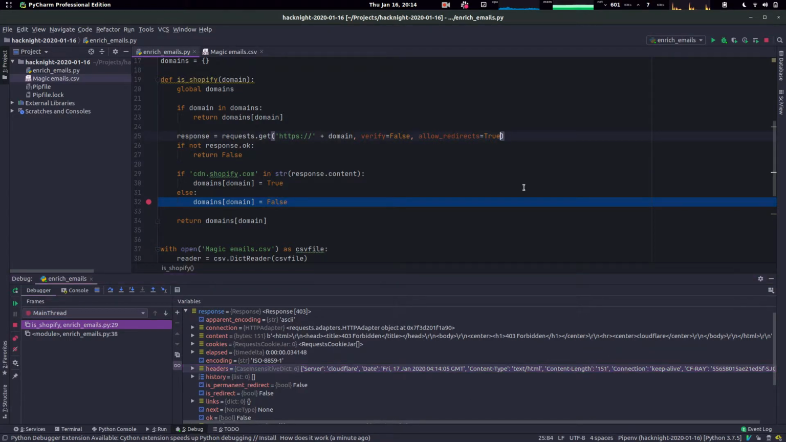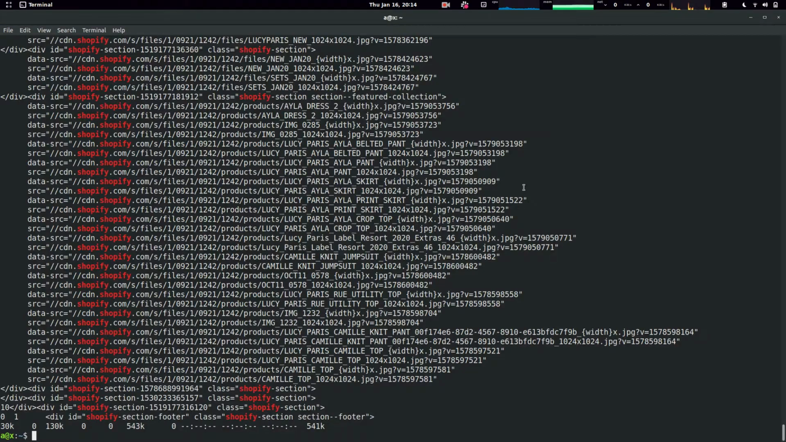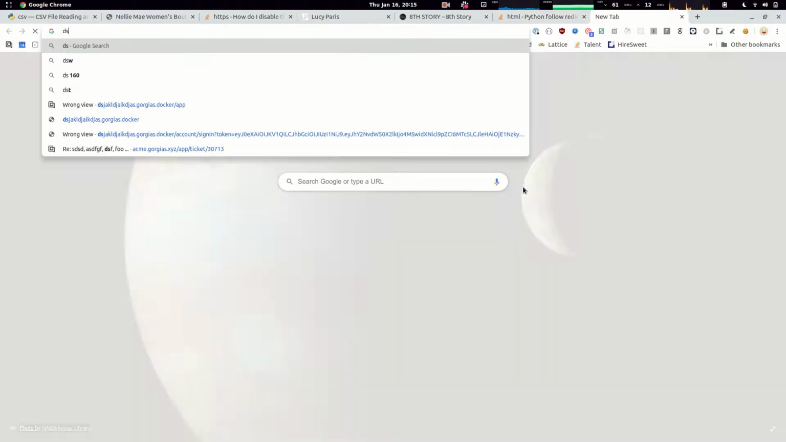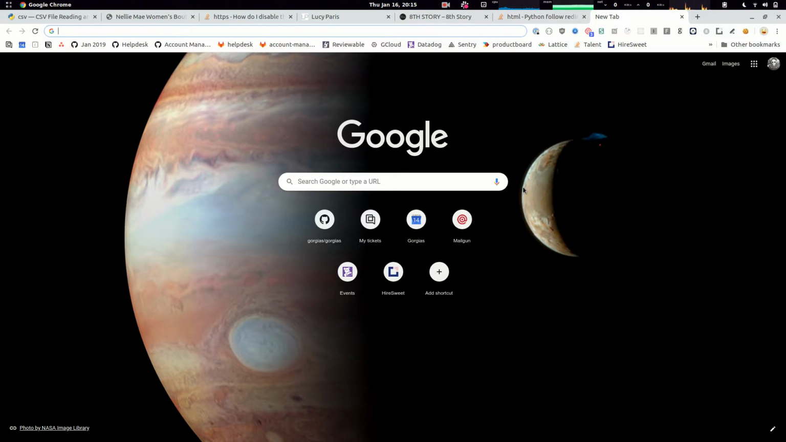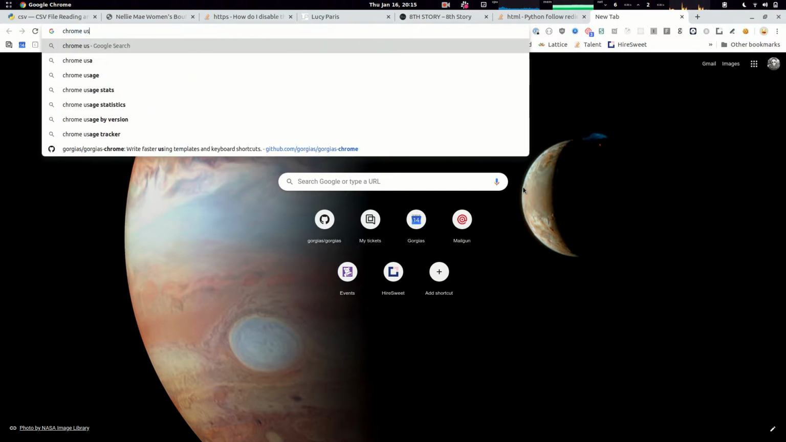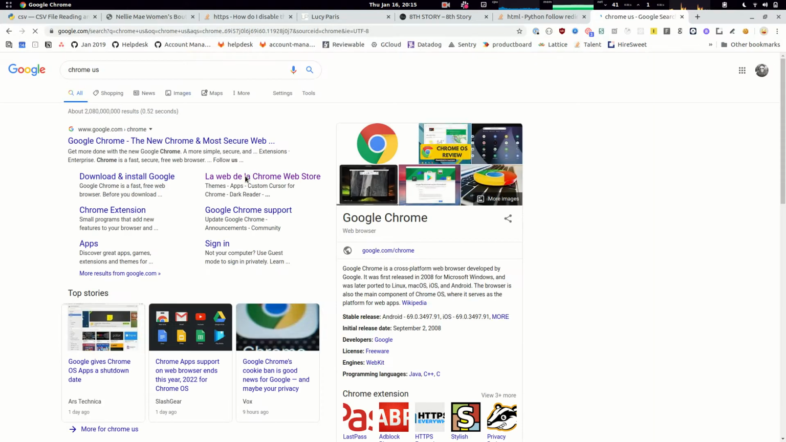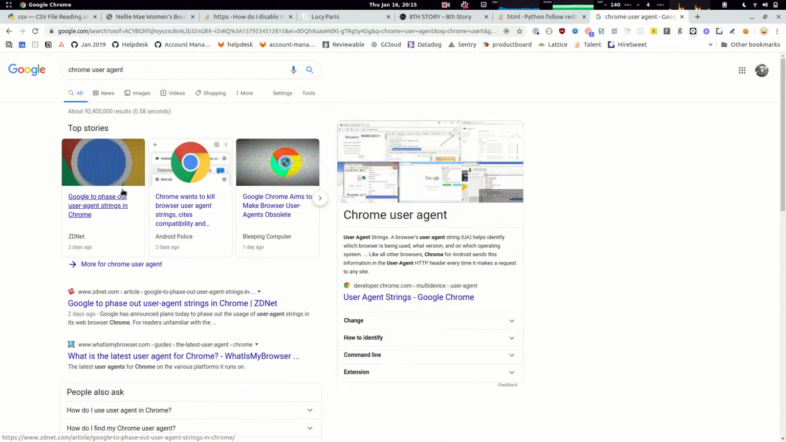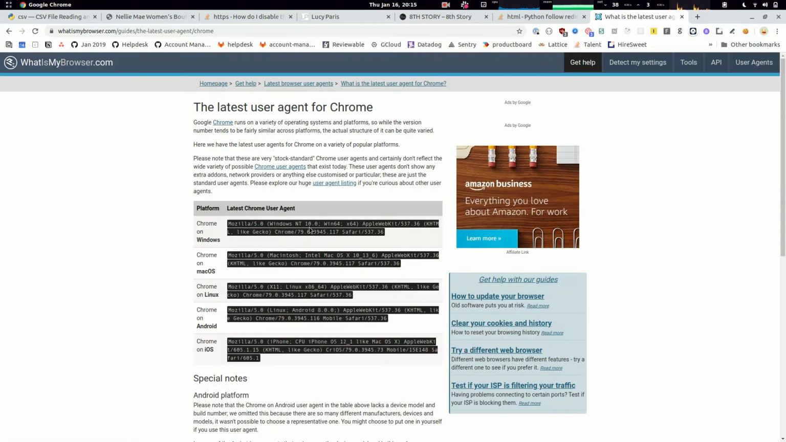Yeah. So okay, I think you're smart, huh? What do we do in order to avoid that? Yeah, like a delay in between each one. Nah, we can do something else. We can change what's called the user agent. Chrome user agent. I hope it's going to work. Let's see. Get the latest. So you get the user agent string,